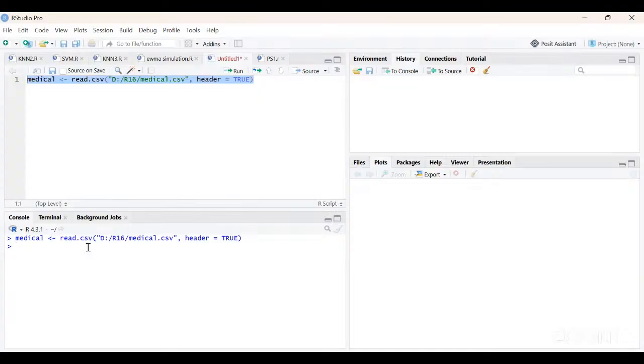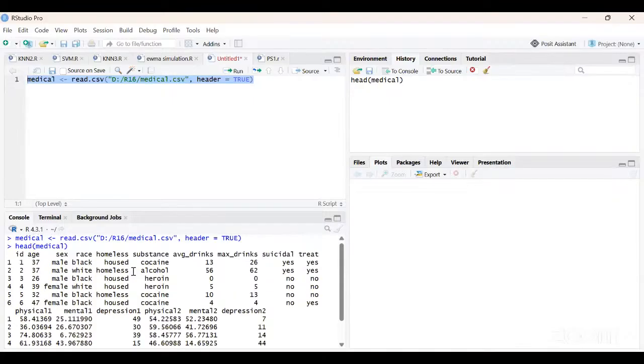Let us see here. Head, and then medical. Head medical shows only the first 5 responses, 6 responses. So it gives me only the first 5 responses. And I have shared a PDF file with you,